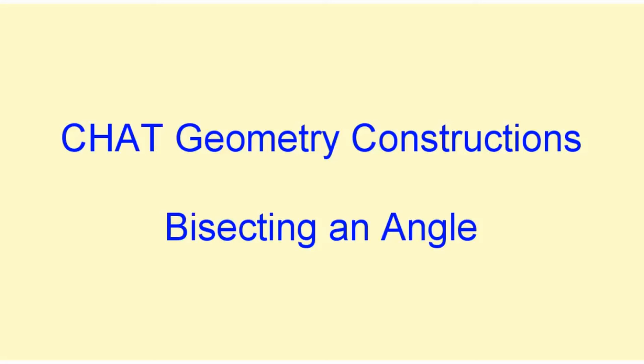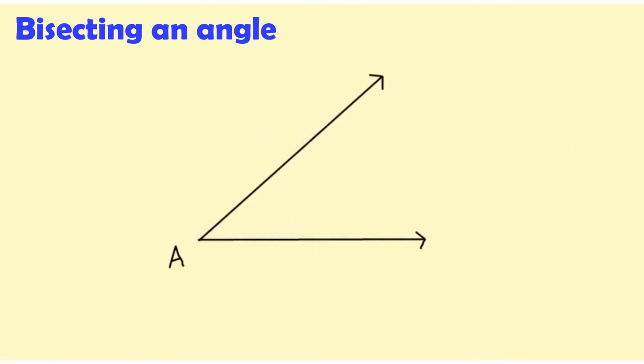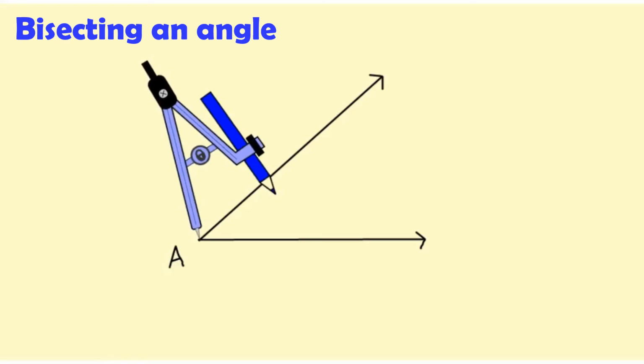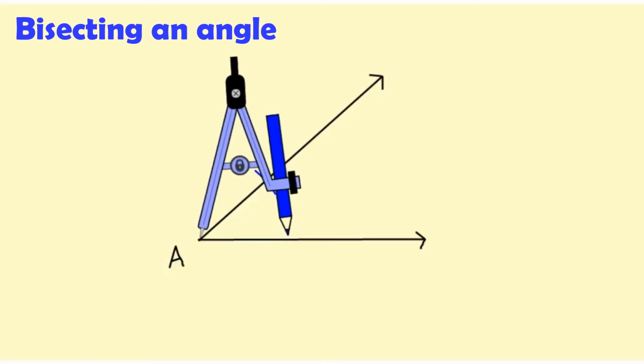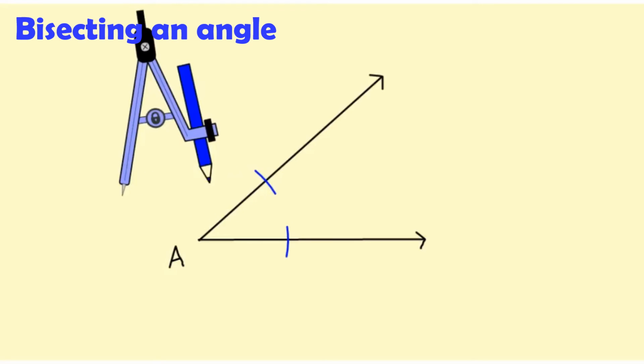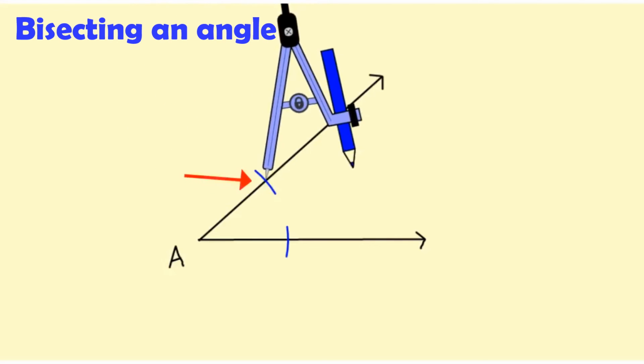Now the last one, bisecting an angle. In here, we are going to divide an angle into two equal angles. So we have here the angle, and then we have point A. From here, we are going to set our compass at point A and then make an arc. Either you make an arc on each of the rays or you just make the whole arc connecting the two rays, okay? And then from here, we are going to set our compass at this point